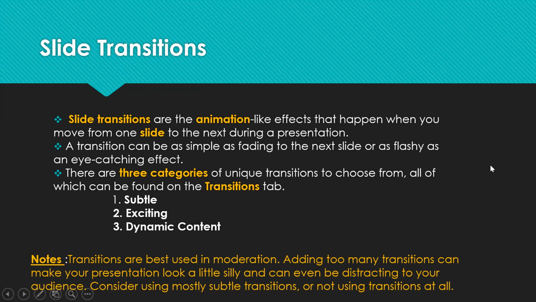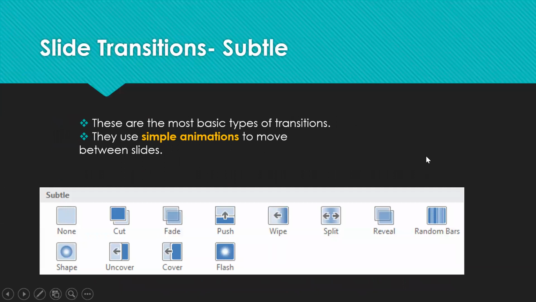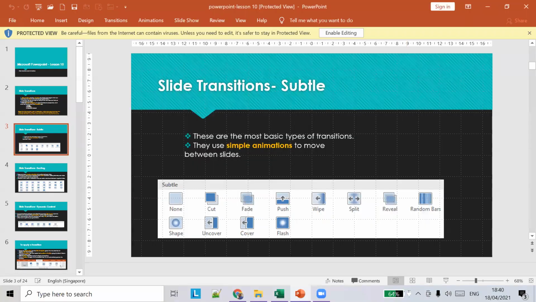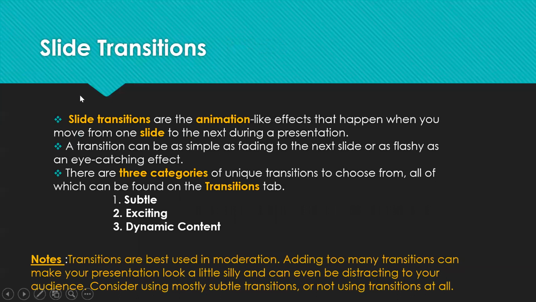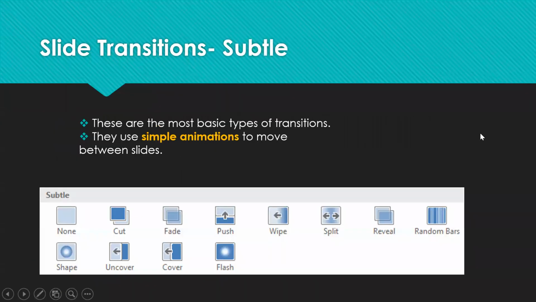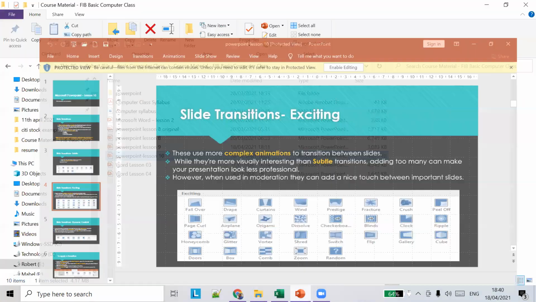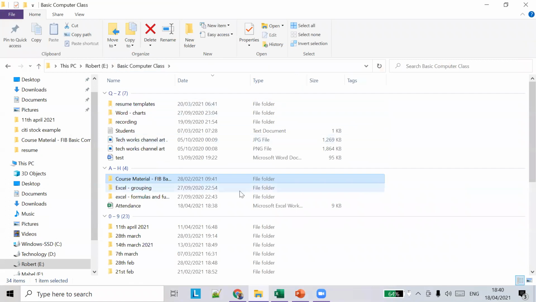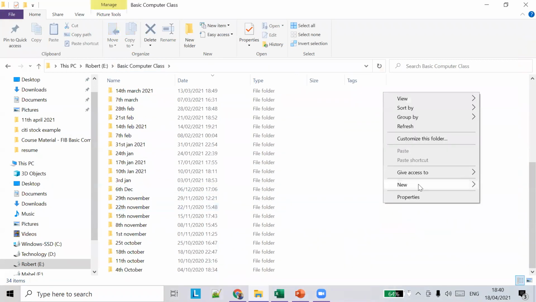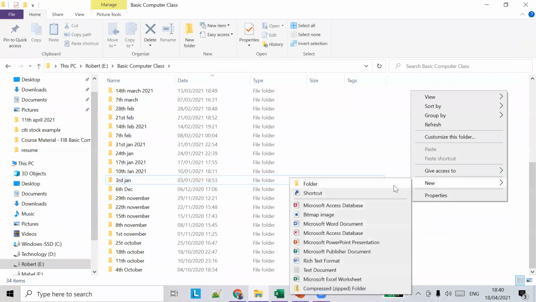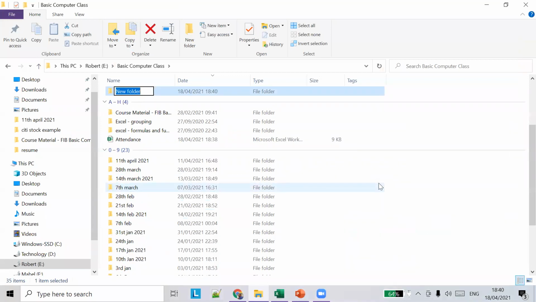So let's see. What is a transition? A slide transition is nothing but when you move from one slide to another slide. That's called a transition. If I click, you will see the slide changing. Now the slide is changed, right? This is called a transition. We're going to learn how to do this in our class today. Create a sample PowerPoint and do some exercises.